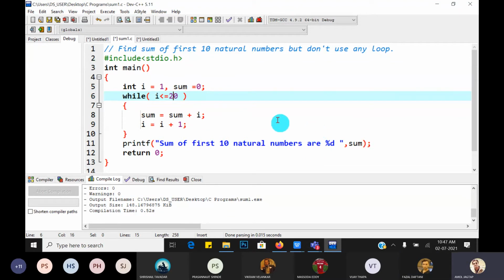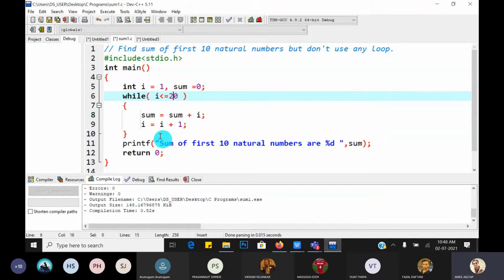The statement number 8 will be repeated till 20 times, sir. 20 times we will write the same statement. But if I want to print the sum of the first 1 lakh natural numbers, then? Sir, we should use the formula of summing natural numbers. Okay, you can implement the formula.